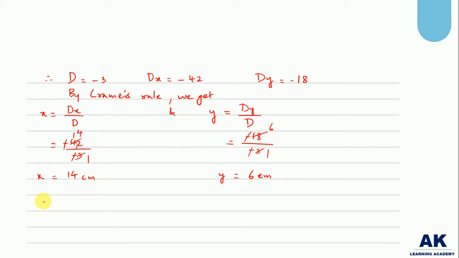Therefore the length of the rectangle, what is length? It is x, right? Therefore the length of the rectangle is 14 centimeter, and the width or breadth of the rectangle